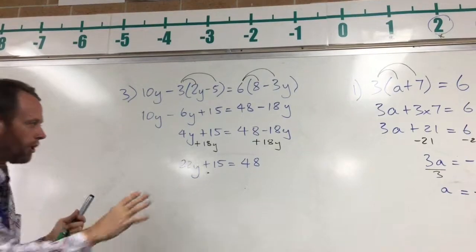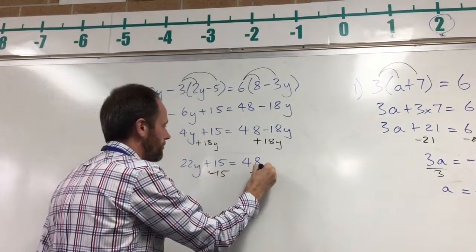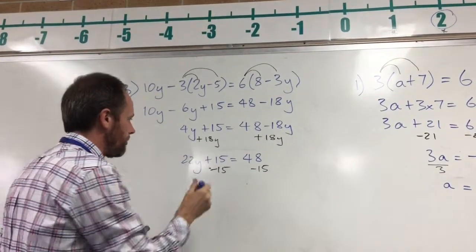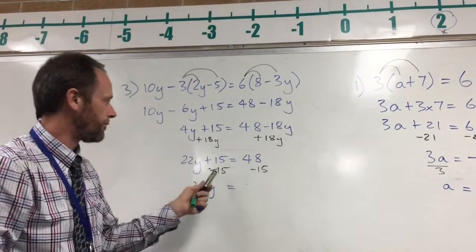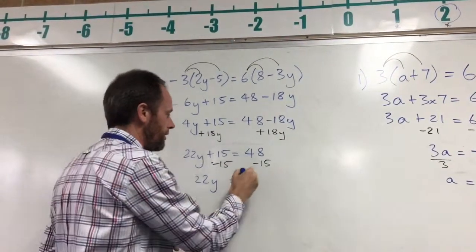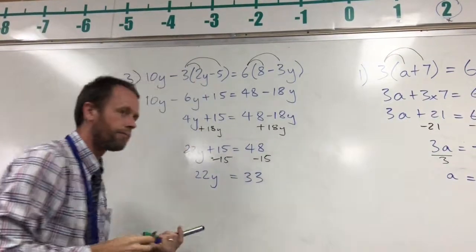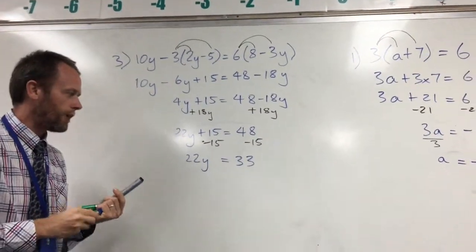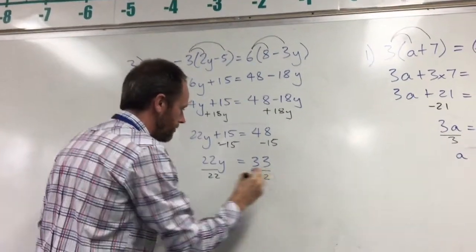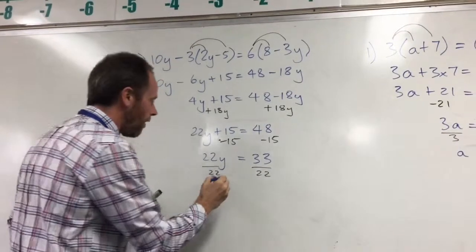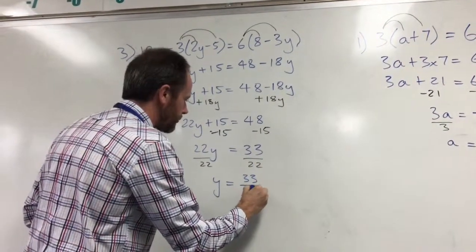I now look and go, well I want to get my number across to the right hand side, take 15 away from both sides. That means 22y is equal to 48 minus 15 is 33, is it not? Yeah. 22y, of course, I'm going to divide by 22 on both sides. So y is equal to 33 over 22,